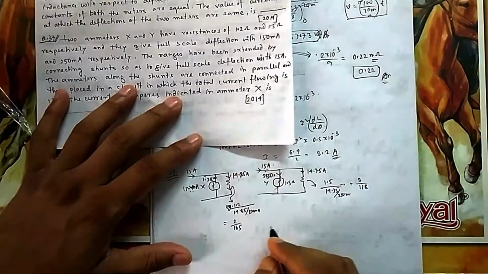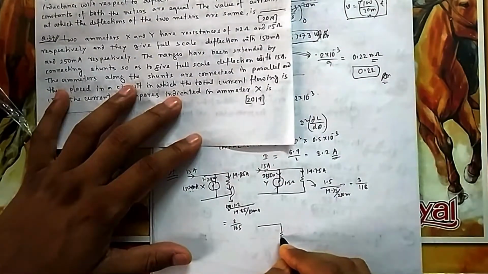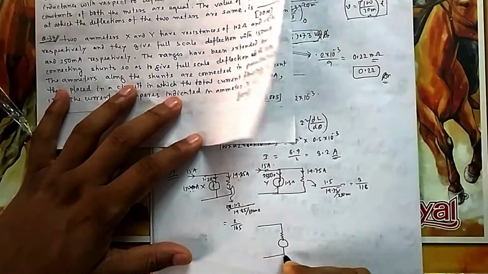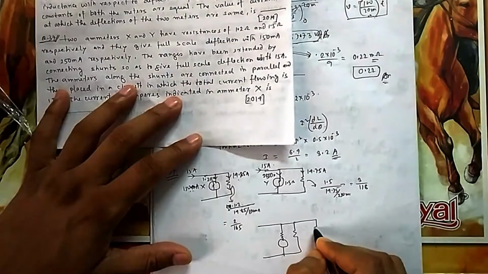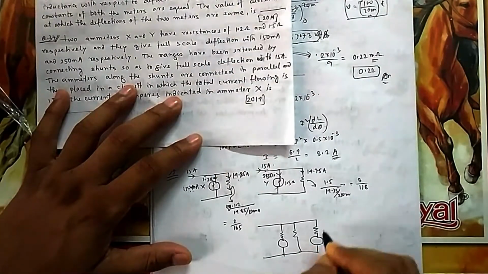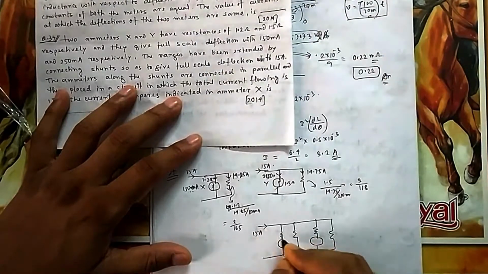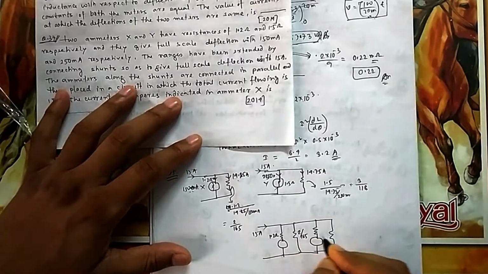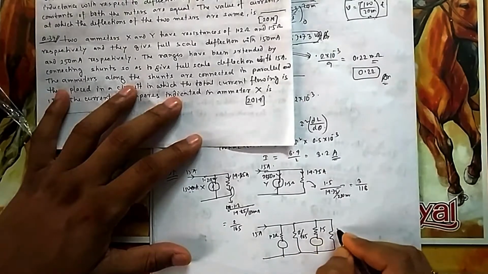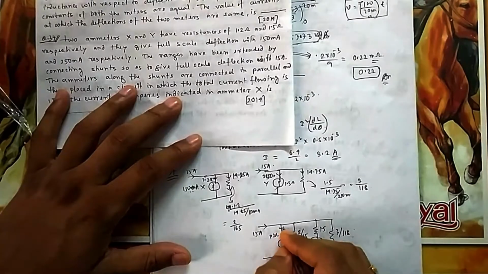So now both are connected in parallel in a circuit. Your circuit would look like this: this is the initial internal resistance, then you have used a shunt for this one, then another ammeter, and another shunt for that. So this current is 15 ampere, this is 1.2 ohm, and this is 2 by 165, this is 1.5 ohm, this is 3 by 118. All these resistances. So how much current will flow through it?